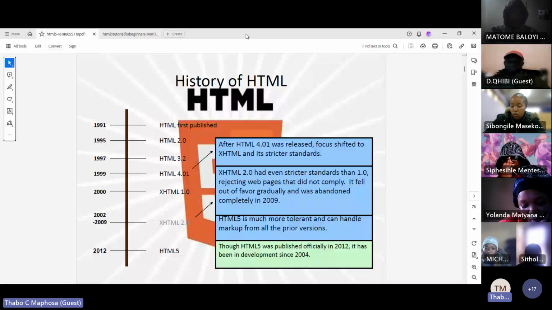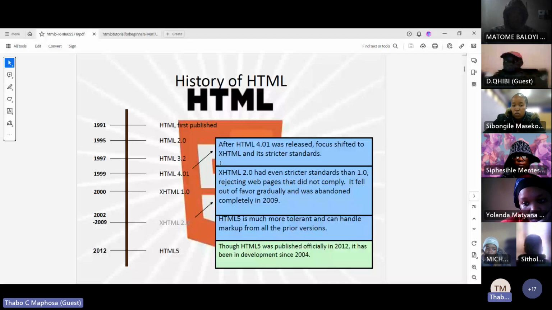Now, 2.0 was released, and after 2.0 there was something called 3.2, which is a very weird name because we moved from 2 to 3.2. It is basically 3, but a later version, somewhere in 1995.